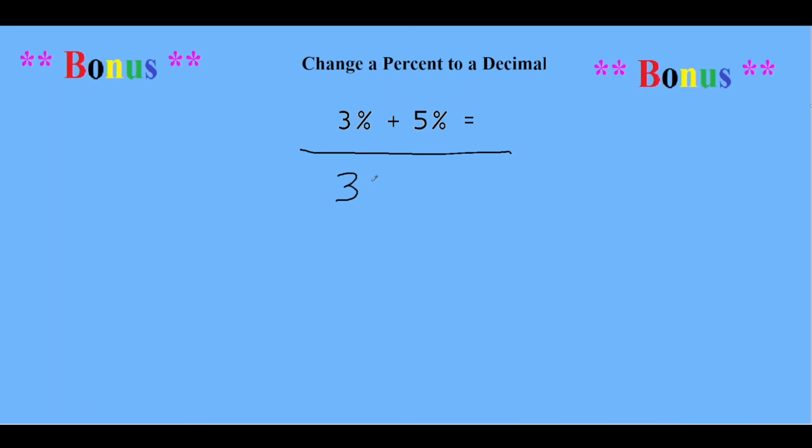3% plus 5% equals what? Well, 3 plus 5 equals 8. And I bring my percentage symbol over, and there you go. Now this one's interesting. 8%. Okay, so I just rewrite the number. I write the 8,